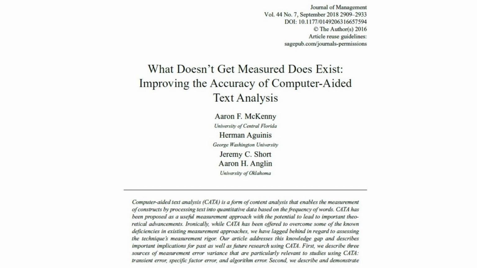So what exactly causes this measurement error in CATA? Well, the research digs into a few different types. They break it down into three main culprits: transient error, specific factor error, and algorithm error. All right, so let's start with transient error,